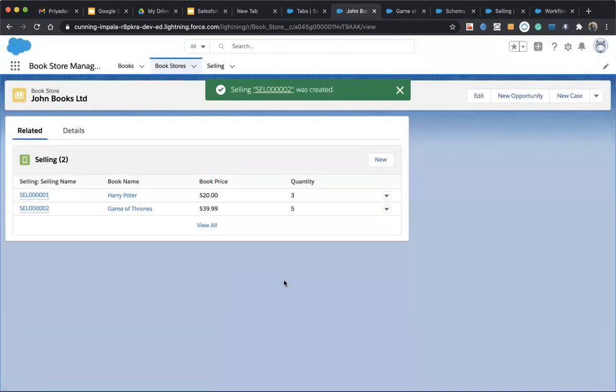So the thing is that there is an issue in that. Whenever he has to sell a book, he has to do some kind of calculation. So John comes to us and tells us, hey, I don't want to do this type of calculation every time I sell a book. I just want my system to automatically calculate that price.